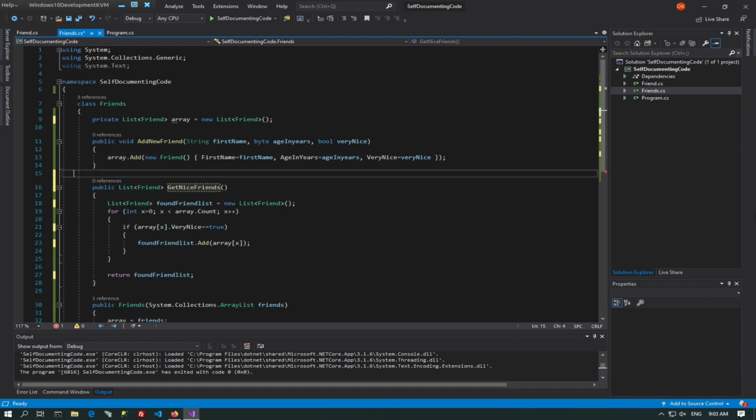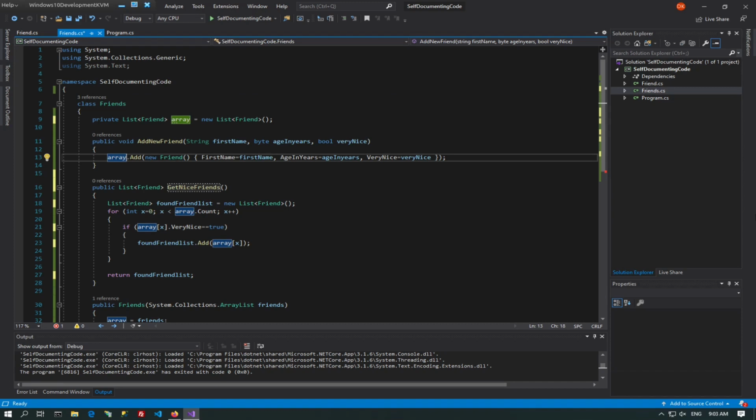So our array here though, we've said it's an array of a generic list of friend, and we're just calling it array. Now just by looking at the code, like array.add, what is array? We're adding what? Well, we're adding a friend to it. So I suppose that is an array of friends, I assume. You see, the thing is, as you can see, I'm spending time trying to figure out, because things weren't properly named,